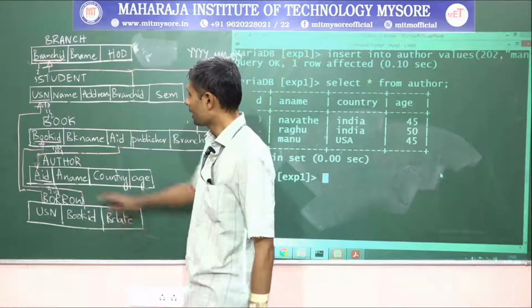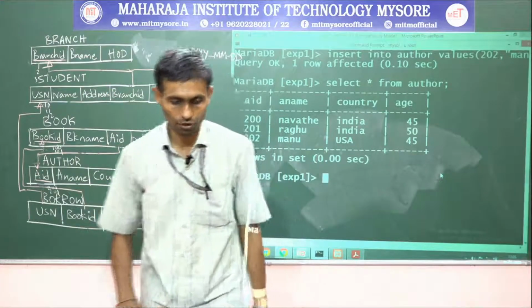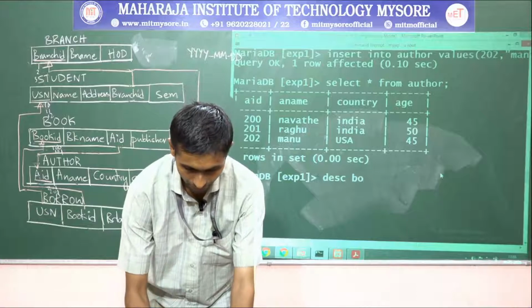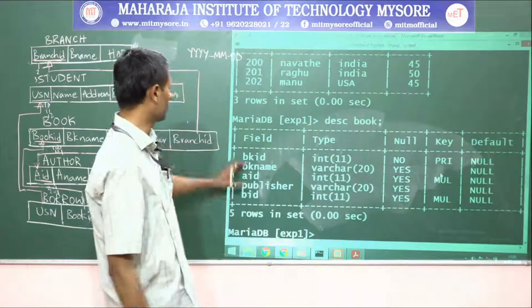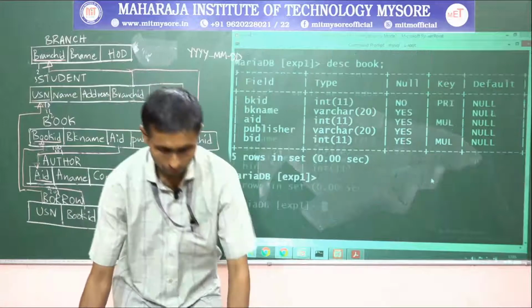Let me go with inserting a tuple for the book table now. First, I will try to describe the book table, book, fine. So there are many values I want to insert. Let me go with inserting a value,